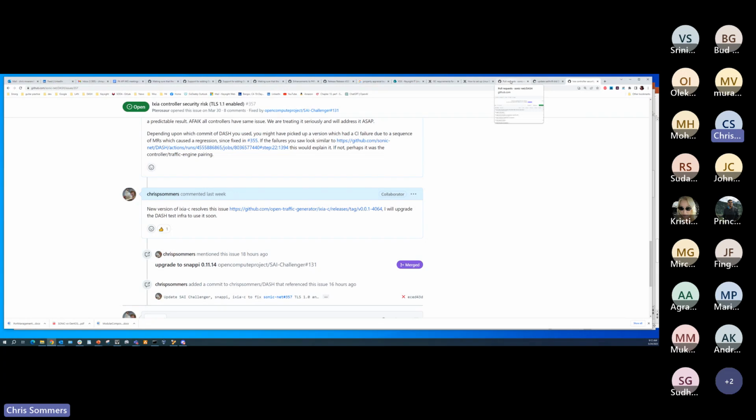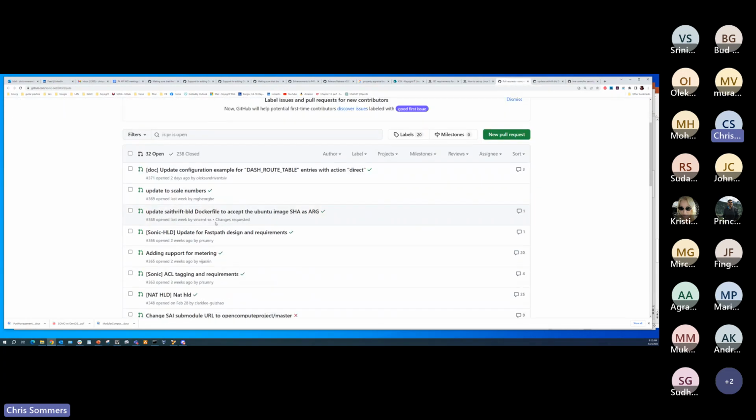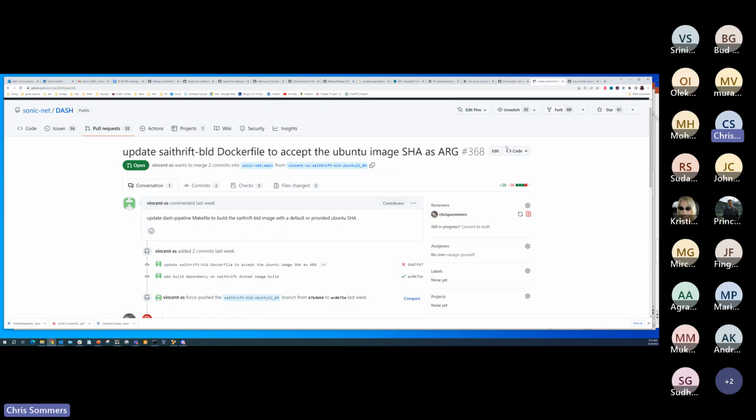Thank you for finding this, something we probably should have put in our own testing, which we will do now. And then Vincent asked me to speak up on behalf of this PR here, update saithrift-bld Dockerfile. I asked him to expand on the description a little bit so that people understand the motivation. He wants to use Ubuntu 22.04 because it comes with some better compiler optimizations in the GCC compiler for their backend. And when he compiled his own libsai and then tried to link it to the standard saithrift server, which